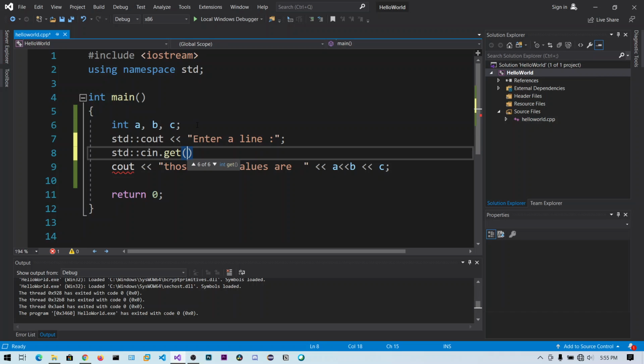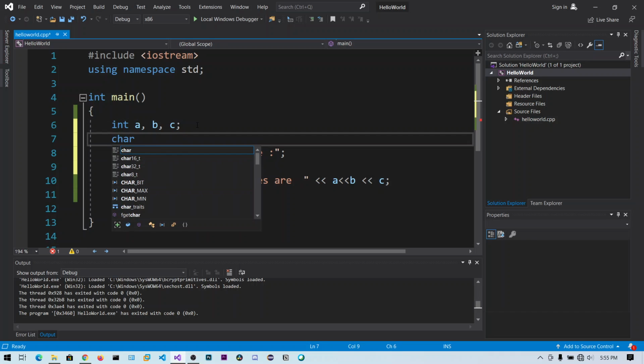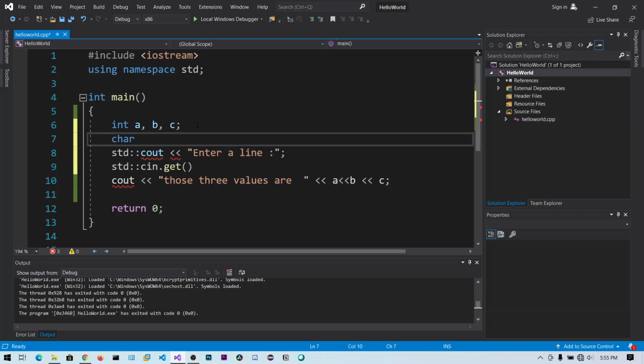So we need a character type, let's say d of 10. I did not explain arrays, but for now think of it like this: character type, 10 bytes of characters. We can store 10 characters in this array.